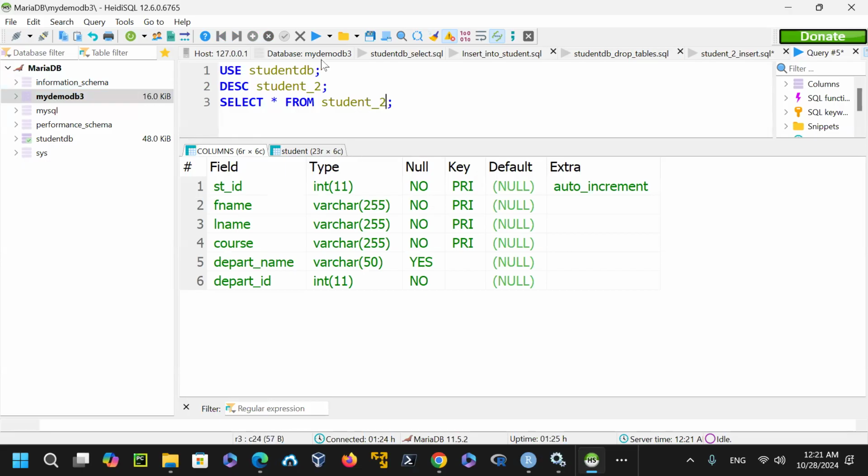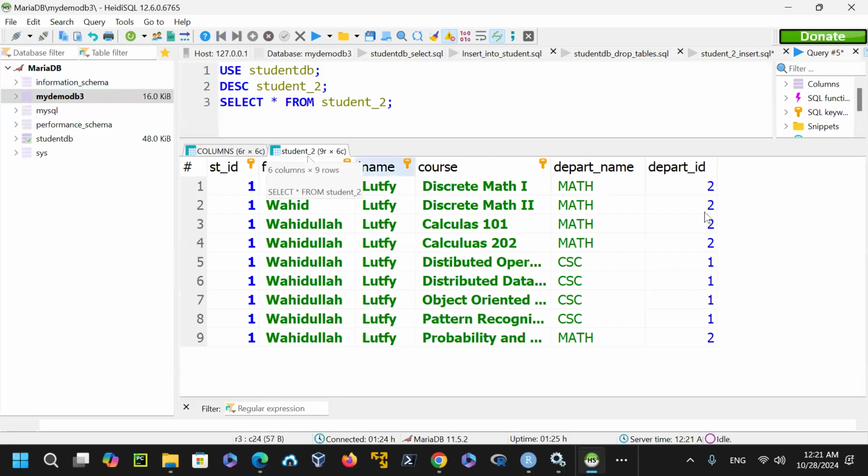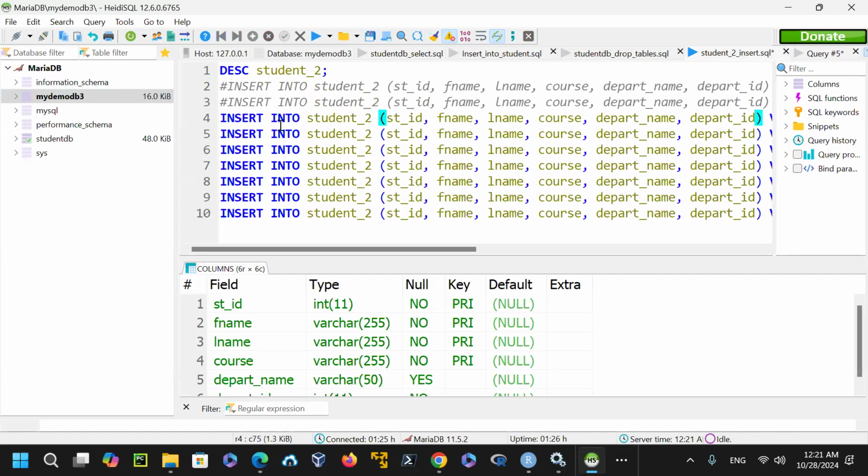And then you can see for student 2, when you run it, all the anomalies are gone. So for each one of them, like math major is number 2, department and computer science major 1, and all of those ones are user ID 1. So there's no 2 entry for one user ID, and every one of them is unique as a record. In the insertion that we tried here, no matter how many times you insert it, it will always complain. So, for example, if I just comment this line now, the next time I try it, it's going to go on this